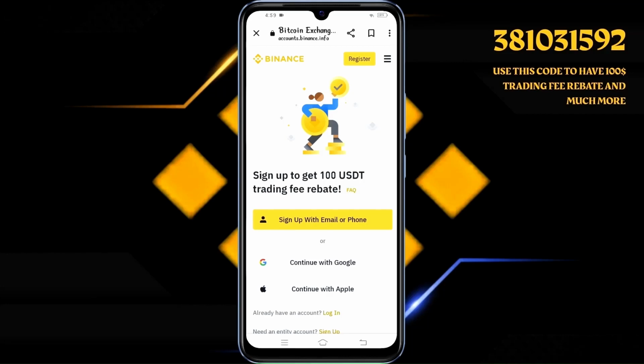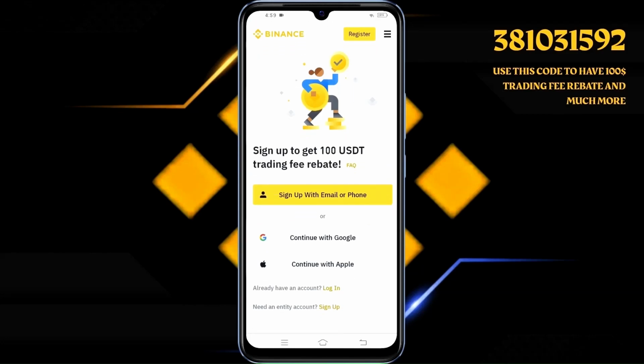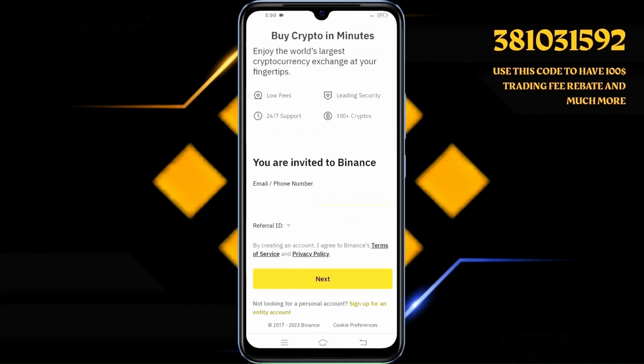Okay, here you have 3 options through which you can register. You can sign up with email or phone, or continue with Google or Apple as well. We will sign up with an email for now. Enter your email address